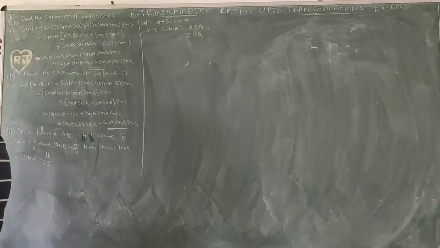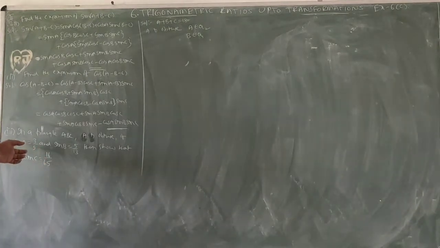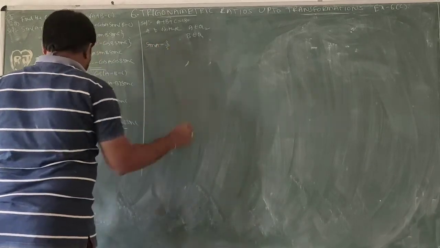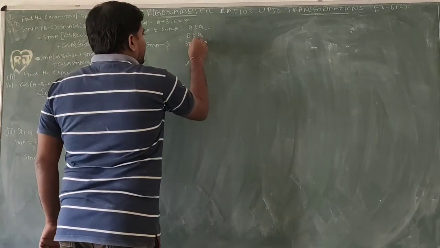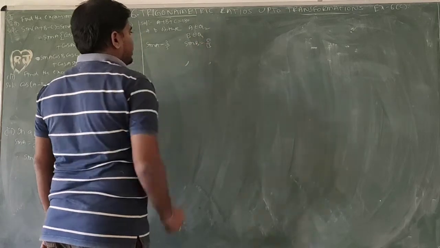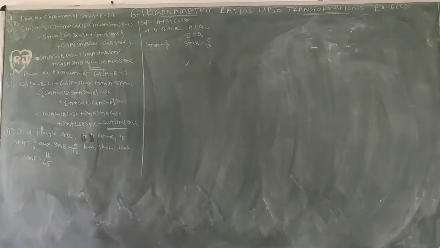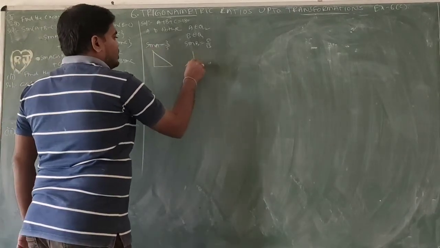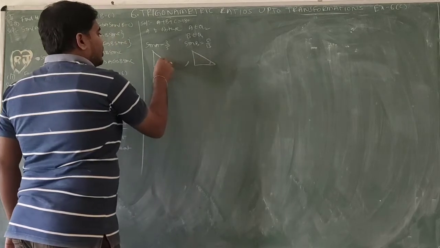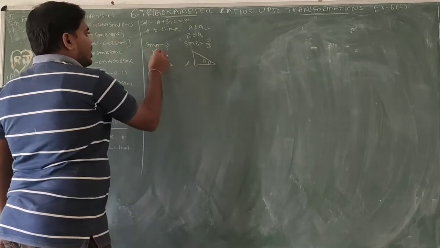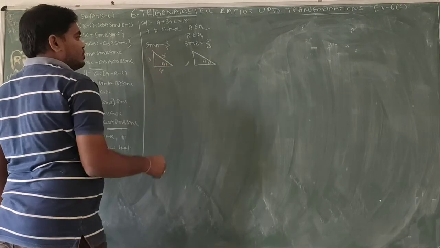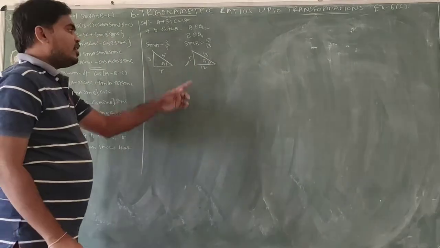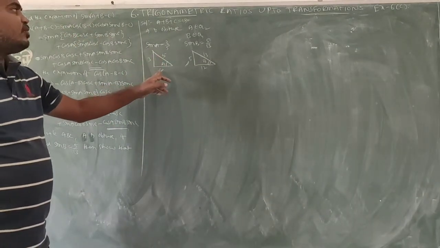Next, what do we need? What is given? Sin A is 3 by 5 and sin B is 5 by 13. Given sin A and sin B, I need cos A and cos B also. So I am taking two right angle triangles, one for angle A and one for angle B. For A: opposite 3, hypotenuse 5, so the adjacent side is 4, since 3, 4, 5 is the combination. For B: opposite 5, hypotenuse 13, and 5, 12, 13 is the combination, so the adjacent side is 12.